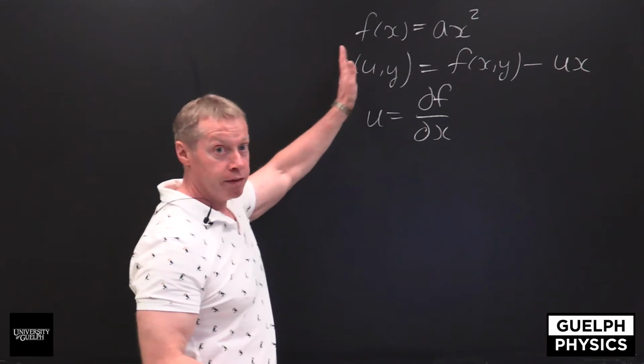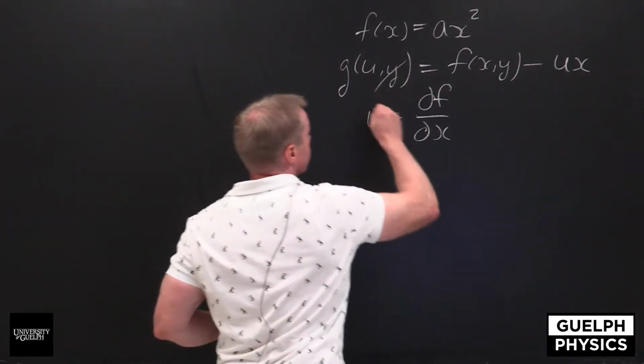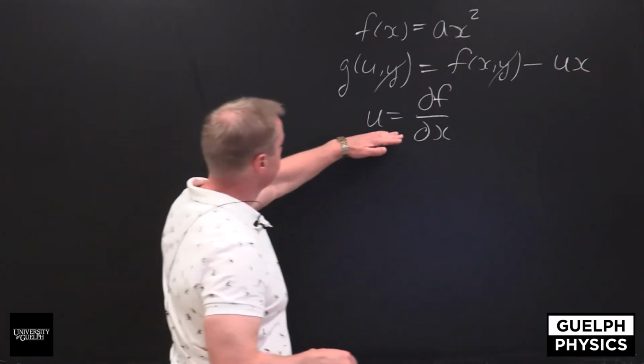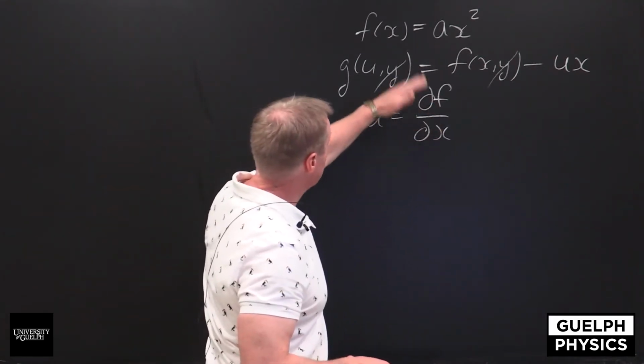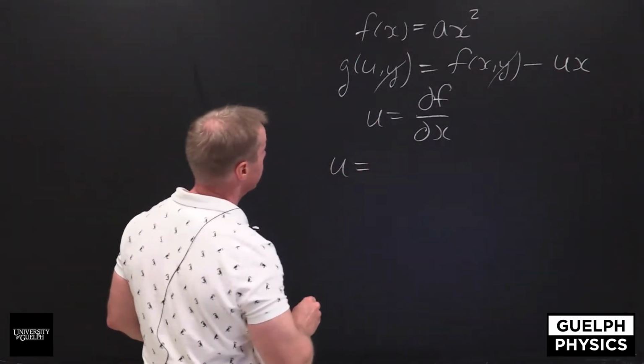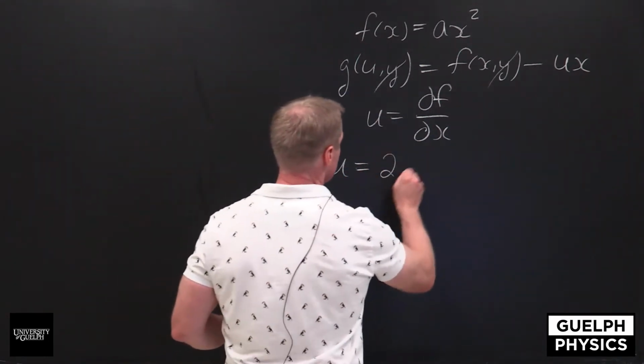There is no y variable here at all, so I don't need to be concerned about it. So I take my partial of f with respect to x, and I have that u is equal to